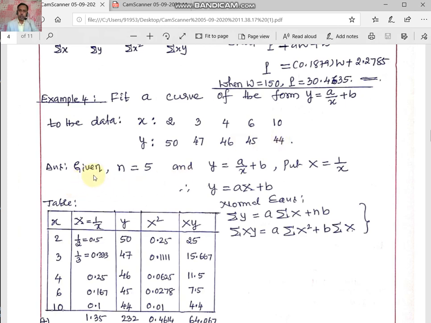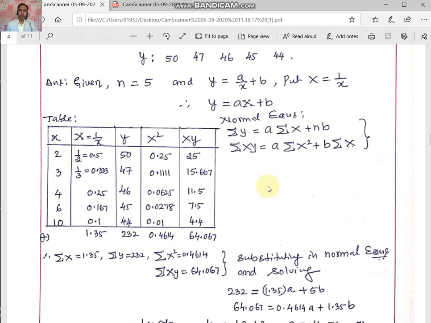In the given data we have n is equal to 5, and y is equal to a by x plus b. For our convenience, we will substitute 1 by x is equal to some capital X. That is, put x is equal to 1 by x, then our equation will change as y is equal to aX plus b. And the corresponding normal equations for this straight line are sigma y is equal to a into sigma capital X plus nb, sigma capital Xy is equal to a into sigma capital X square plus b times sigma